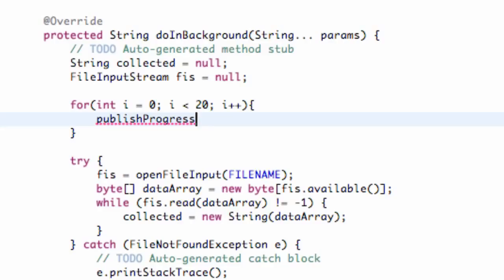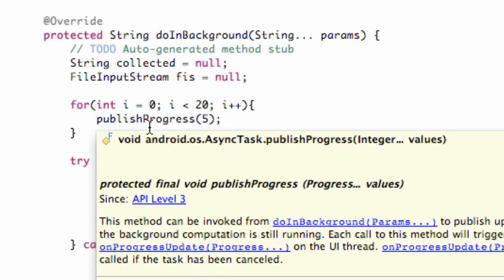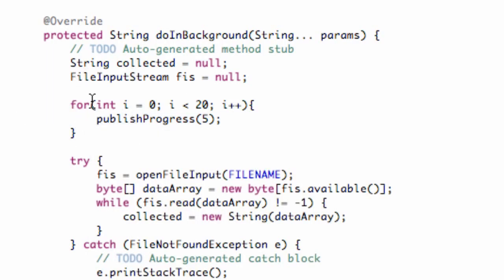And what we're going to do is we're going to pass in, and then within parentheses we pass in what we want for the most part. So we're going to pass in 5. So now it's going to loop through 20 times and send 5 each time